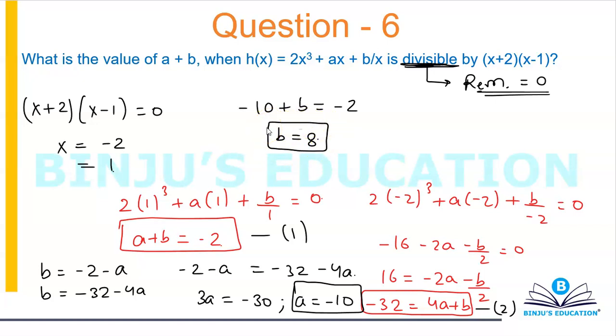Or in fact, you don't need to do this also. It's simply asking a plus b. So this will simply come out to be -2. But in case they ask you something else regarding a and b, in that case you need the value of a and b. But this is basically how you can do it. You don't need the long division method. It's not required. And of course, in this case, long division method will not be an easy thing to do.